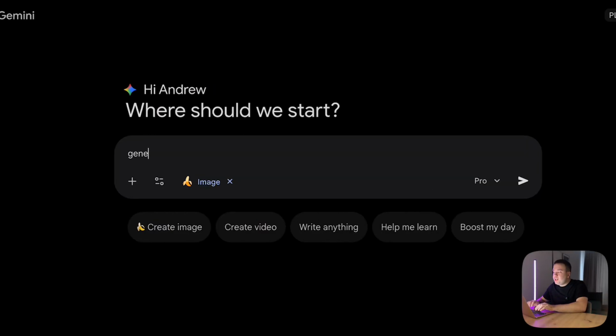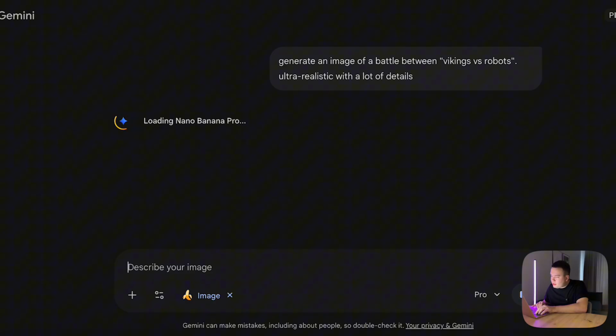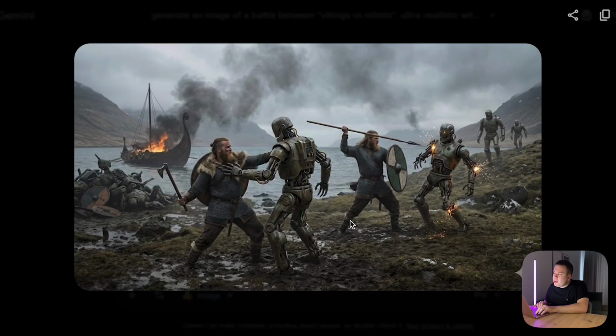So I'm asking AI to generate an image of a battle between Vikings with robots. It should be a realistic style image with a lot of details. And let's wait a few seconds while our Nano Banana Pro gets the job done. And you can see guys how it turned out. My prompt wasn't super detailed, so this is what we got. I'm not going to regenerate to find the perfect image, my goal here is just to show you how everything